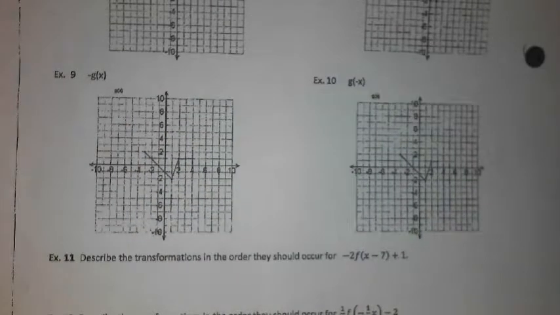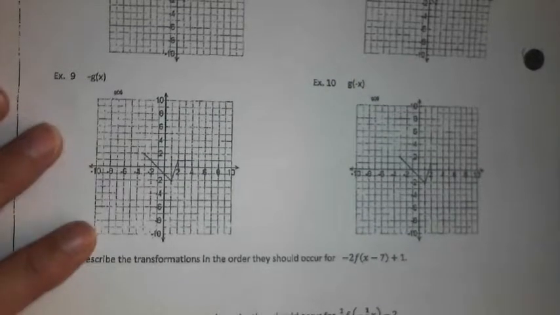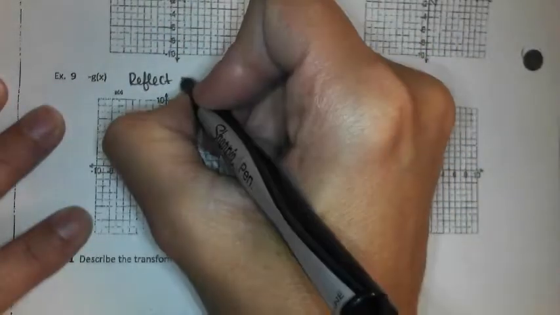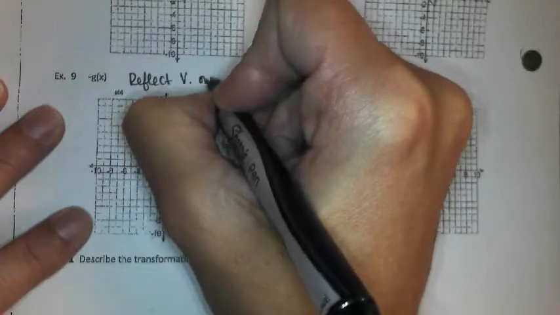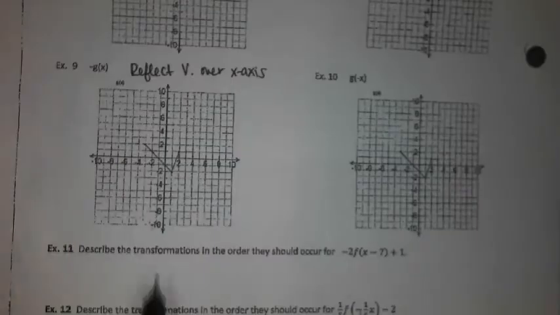Exercise 9. Think about the description here on your own for a minute. And Kaylee Smith. Very good. Vertical will always be over the x-axis. It's a reflection because it's been negated. It's vertical because it's out in front. So